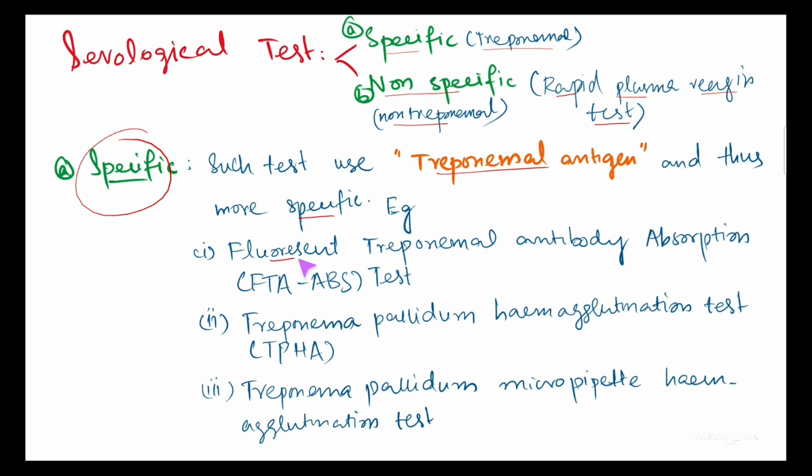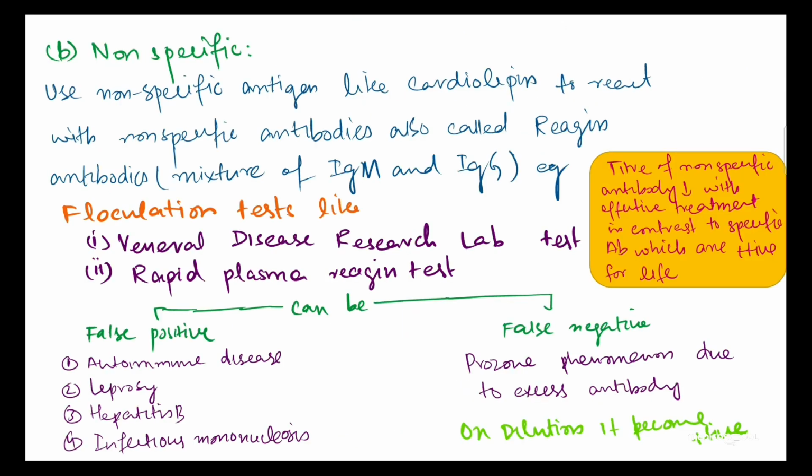The examples are the fluorescent treponemal antibody absorption test. The second one is the Treponema pallidum hemagglutination test, and the third one is the Treponema pallidum micropipette hemagglutination test. These are the three kinds of tests which we can use specifically for the treponemal antigen to diagnose the Treponema pallidum. The other one is the non-specific test, in which we use a non-specific antigen like cardiolipin, which is derived from beef,